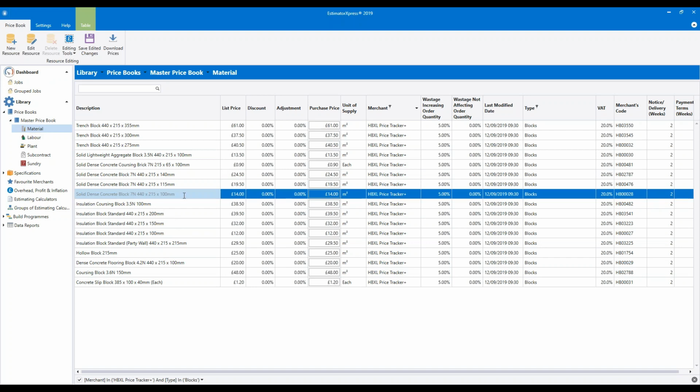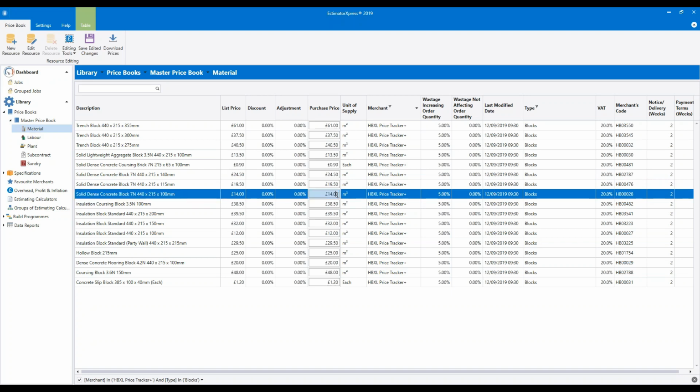If you click onto a row, it will become highlighted in blue. That can be quite handy when you're trying to track across with your eyes so you don't lose track of where you are. So click on the solid dense concrete block, 7 Newton, 440 by 215 by 100 mil block.